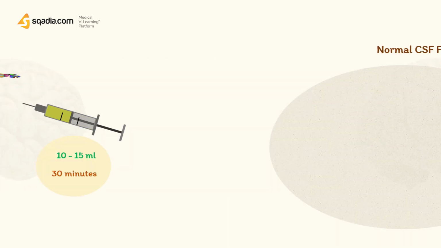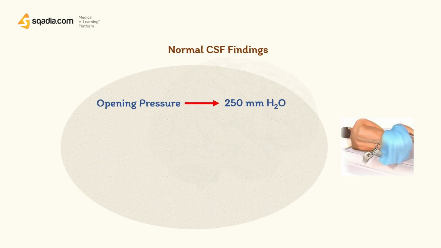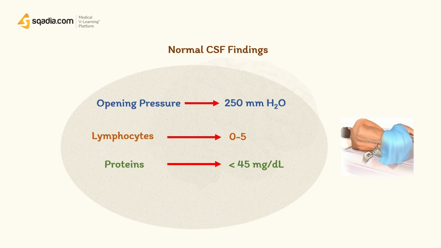Now, a normal opening pressure is up to 250 millimeters H2O. The pressure of the cerebrospinal fluid that is detected just after the needle is placed into the spinal canal is the opening pressure. And the purpose of measuring the opening pressure is in fact to indirectly measure the intracranial pressure, or the ICP. The normal CSF findings include 0 to 5 lymphocytes, less than 45 milligrams per deciliter of proteins, and most of the protein that is normally present is albumin, and then more than 45 milligrams per deciliter of